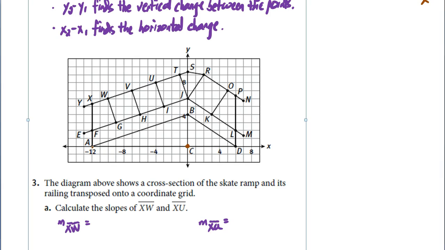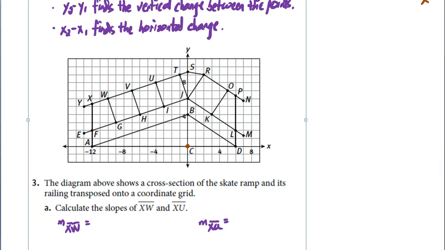For example, point A is 12 to the left and then up nothing, so it's negative 12, 0. Point X is negative 12, comma, and then it looks like 5 1/3. So any of these points we can find the ordered pairs. Number 3,